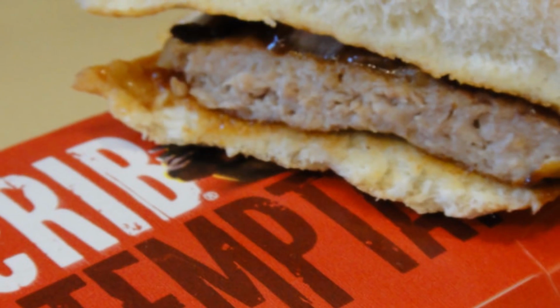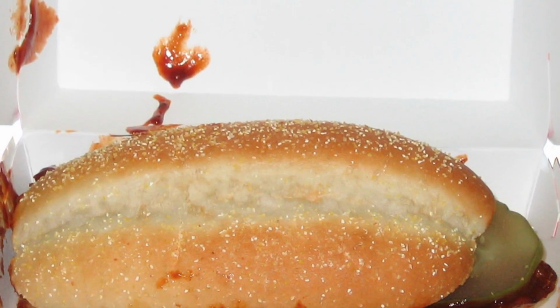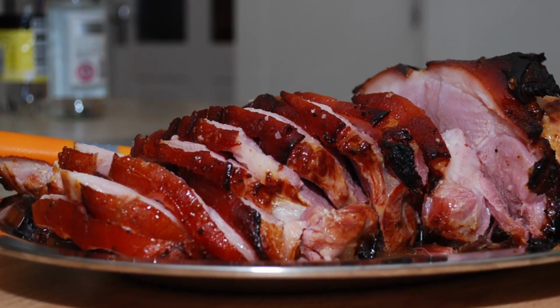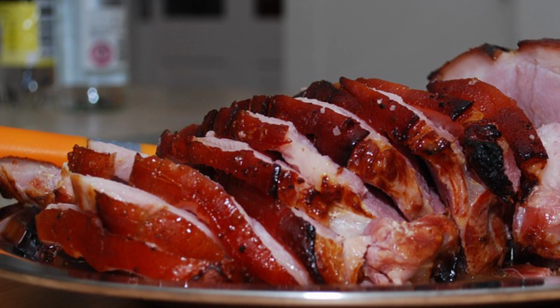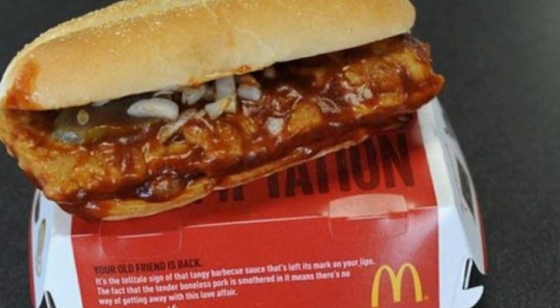It almost seems like it could be made from every part of the pig except for the ribs. It's intentionally shaped like that to fool consumers. The pork meat is apparently chopped up and then formed into the shape of ribs, which takes about 45 minutes for each slab. Some rumors out there claim that the McRib actually contained meat from kangaroos, but that's not the